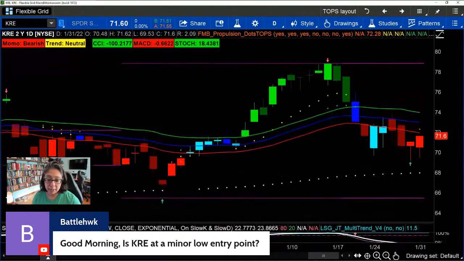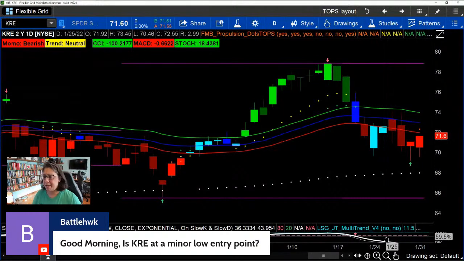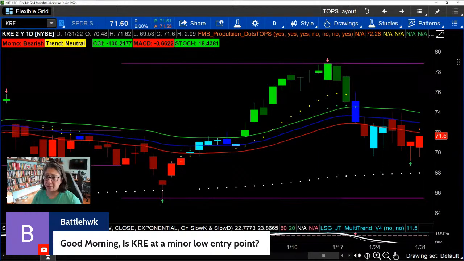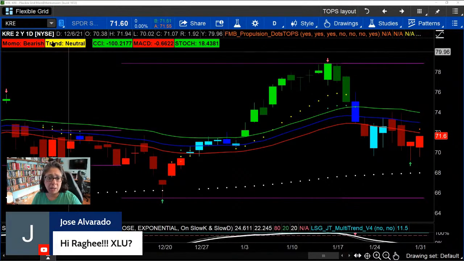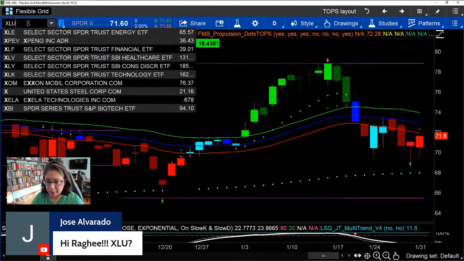Again, neutral market, pull up your oscillator, whatever it may be. Ready, aim, fire, slow stochastic. Those are the two that I would recommend. I can't think of any others, so those are definitely the most powerful. I can't think of any others I've used throughout my career that are as accurate as these. All right, so thank you for the question. Moving on to XLU.